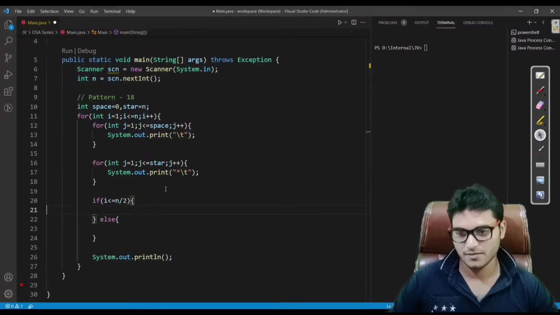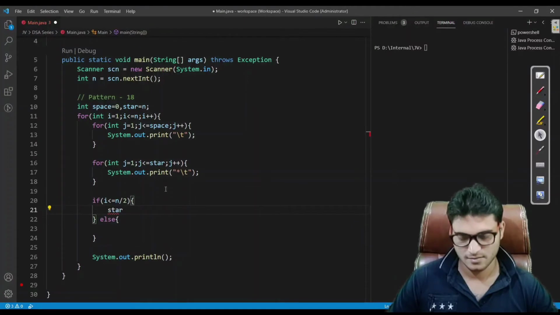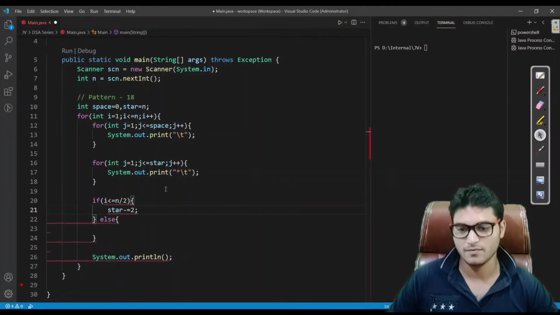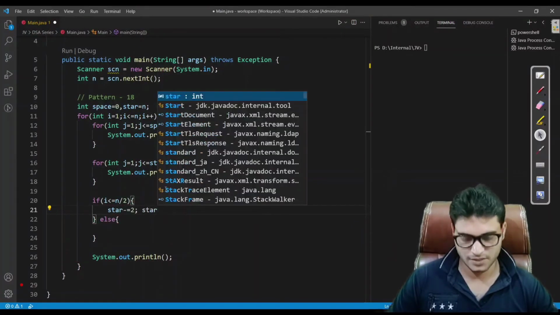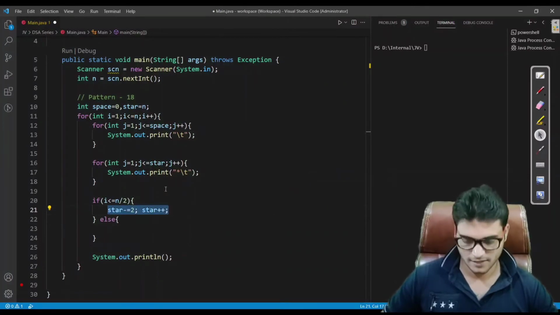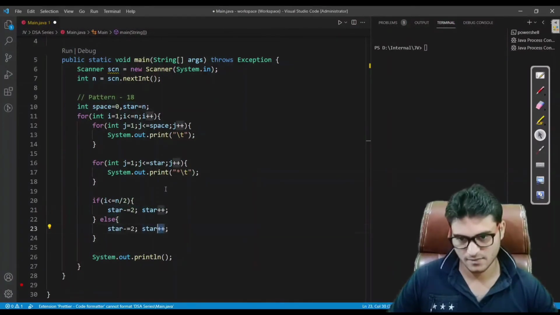Let's do it here. We have to decrease our number of stars by 2, and we have to increase our number of spaces by 1. And for the second half, we have to just do the reverse of the previous one.